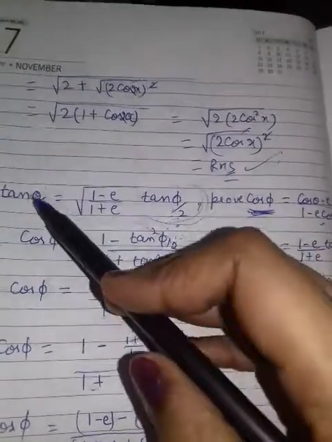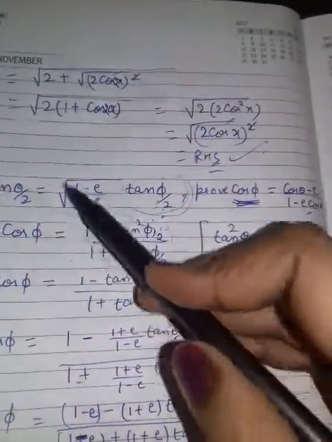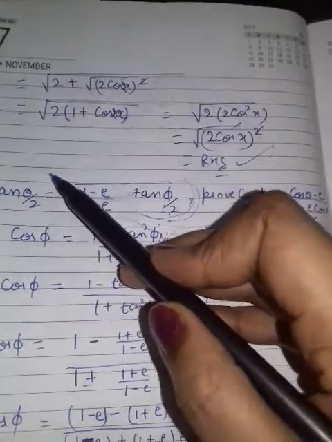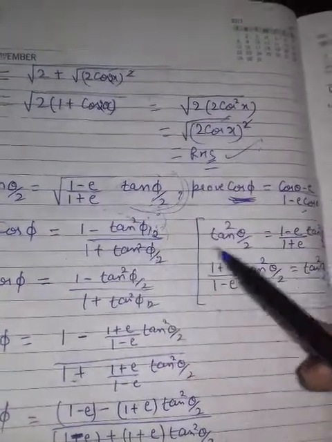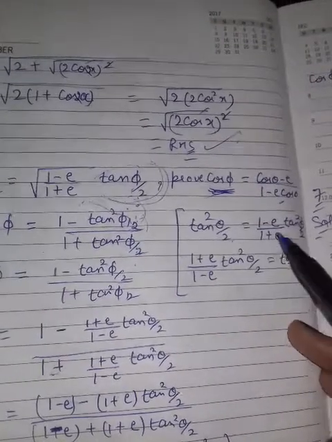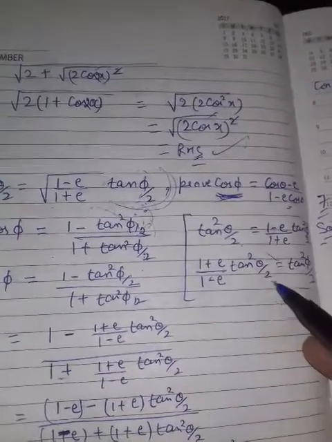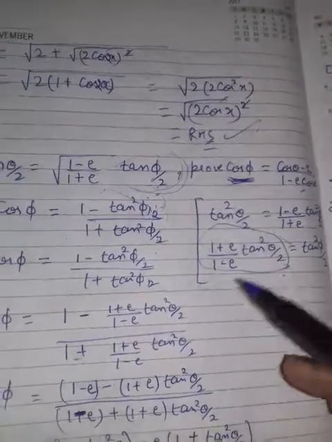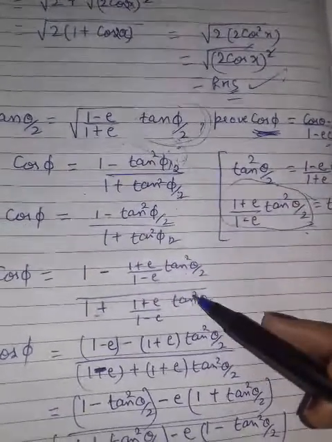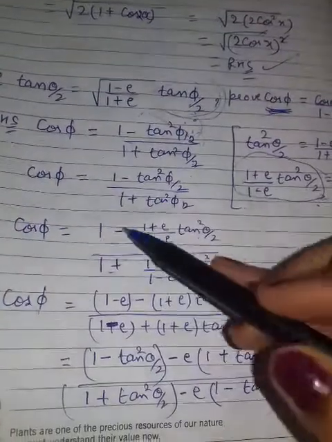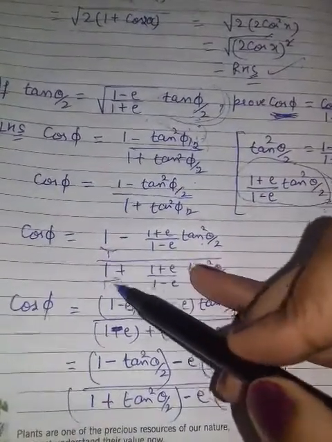So firstly I have done squaring. Why have we done squaring? It will become square, and it's removed here also, because we want the value of tan square phi by 2. Clear? Then cross multiply and you will get the value of tan square phi by 2. So I put the value by getting it from here. Then what are we doing? We will take LCM.